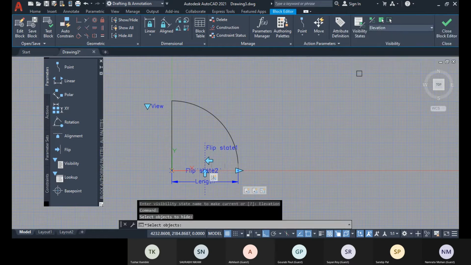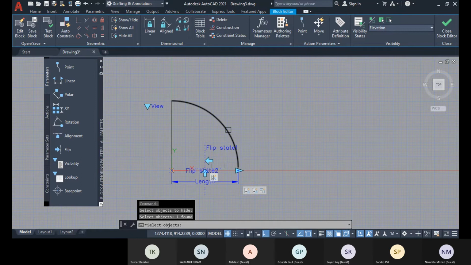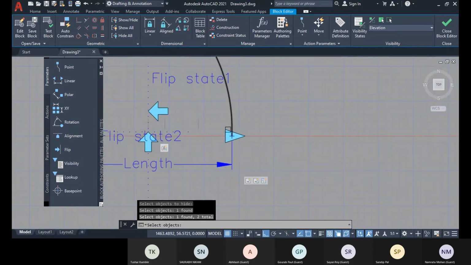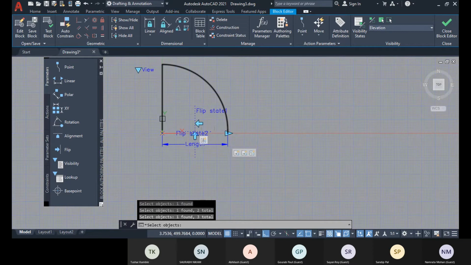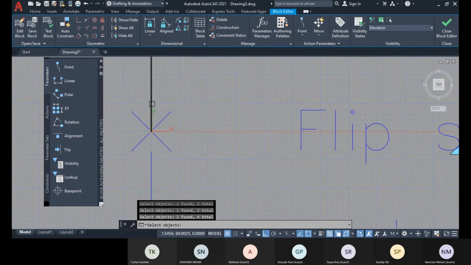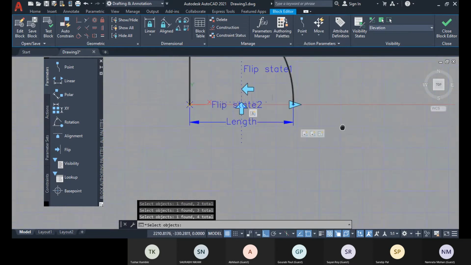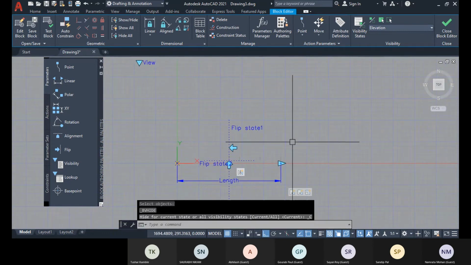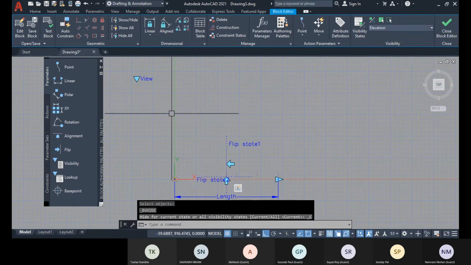This option you can choose and just go to this, select these objects. Enter. So these objects are invisible within this view.